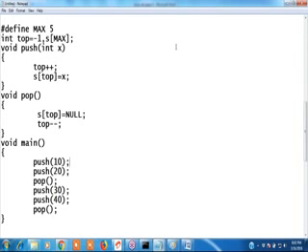What is top? One, sir. Top is one. The stacked elements are 10 and 30, sir. Correct? Yes. Okay, first we are inserting